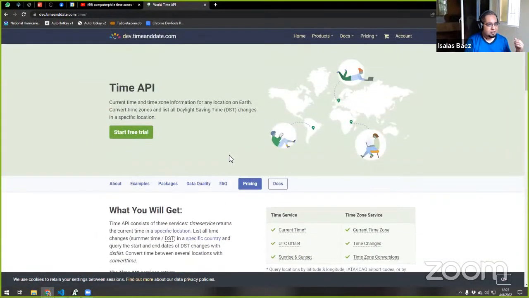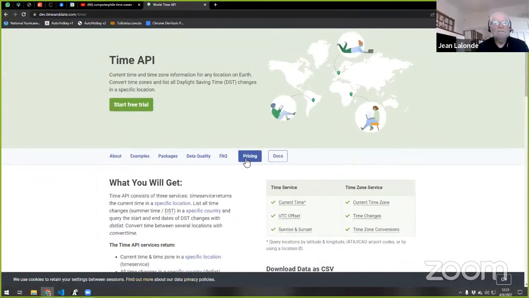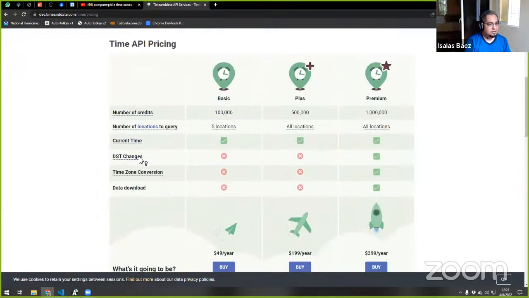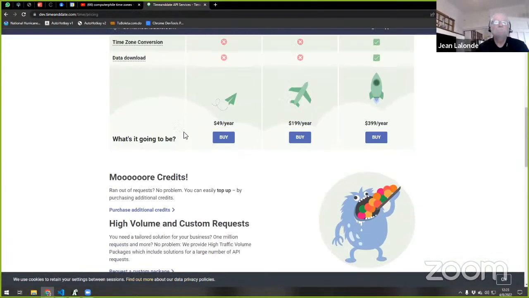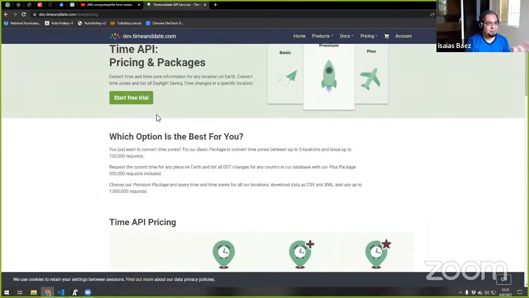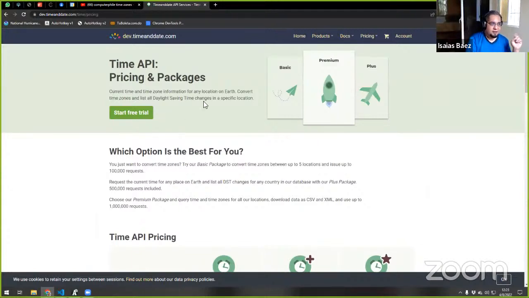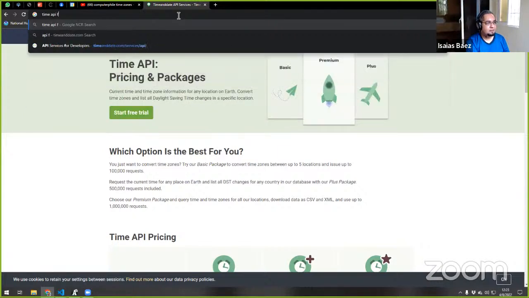It says it's free for 3 months. Okay, so this one seems to be paid, but you have 3 months to try it. There are other APIs that have to do with time. Search for a free time API.